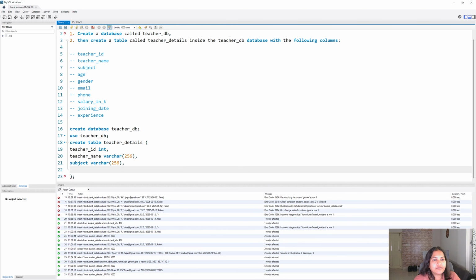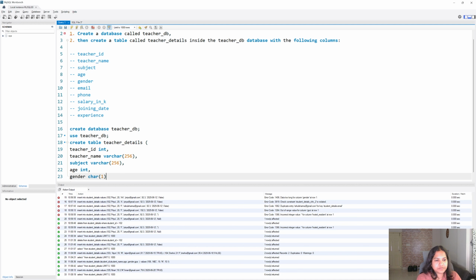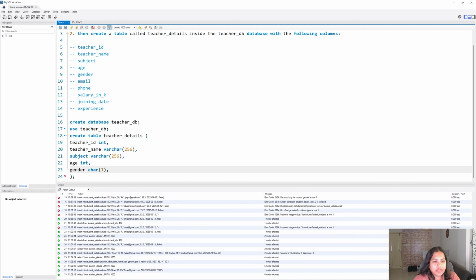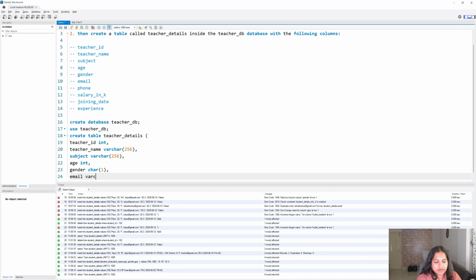Then you have the age. Age column will be integer; you can give decimal also, not a problem. Then you have gender, which we will have as character 1. And then we have email, which is a varchar, 256 I'll give.